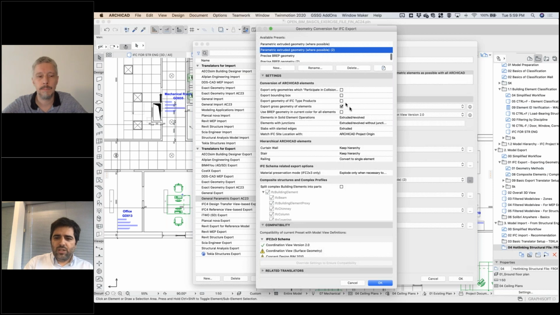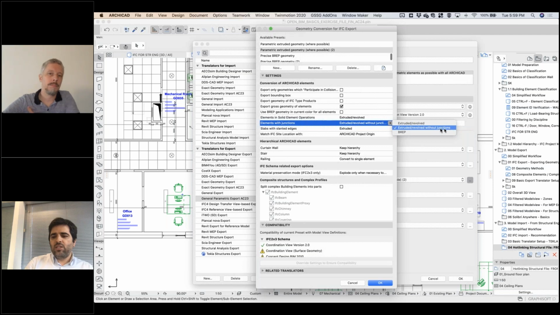I will choose here everything to be set as extruded or revolved as many times as possible. Another thing that is important is when we have elements that are intersecting themselves and they are subtracting some parts, they will create junctions inside Archicad. This is to assure the cleaning up of the different building materials, to make sure that our drawings,